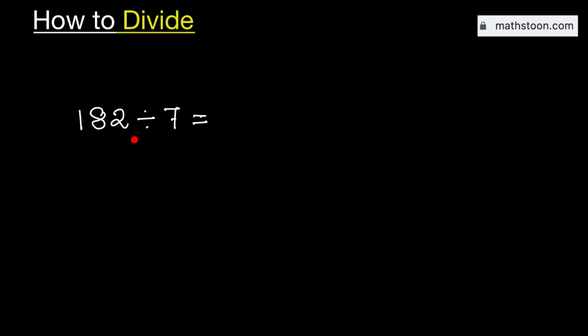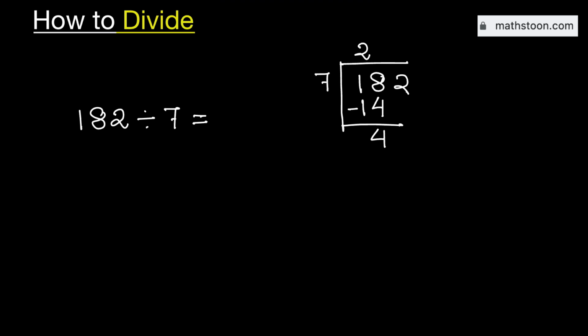In this video, let us learn how to divide the number 182 by 7 using the long division method. Now see that 1 is less than 7, that is why we will consider the number 18. We know that 7 times 2 is equal to 14. Subtract, we get 4. Now this 4 is less than 7, that is why we will bring down this number